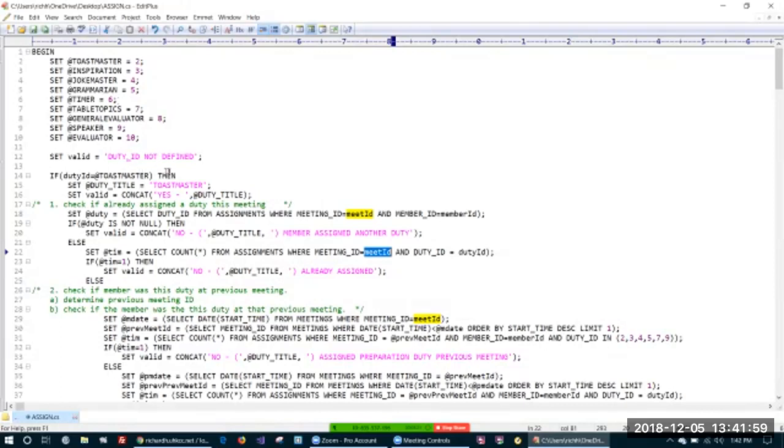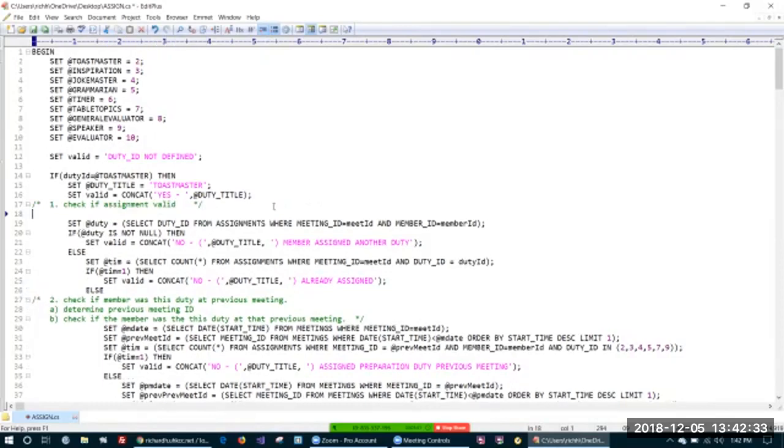Okay, if the duty is Toastmaster, then I think I'll do this. And I guess I'll do this. Set this checks to see if someone else has already been assigned the duty. Okay, so I'm going to go check if assignment is valid. Check if assignment valid. Okay. And so to do that, I'll go